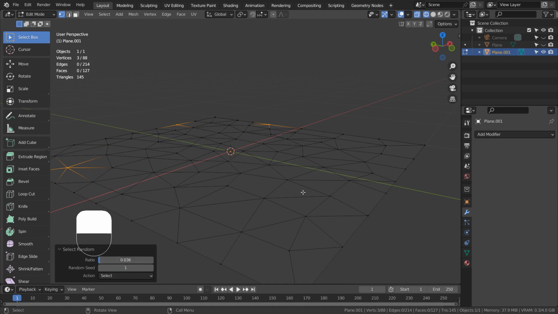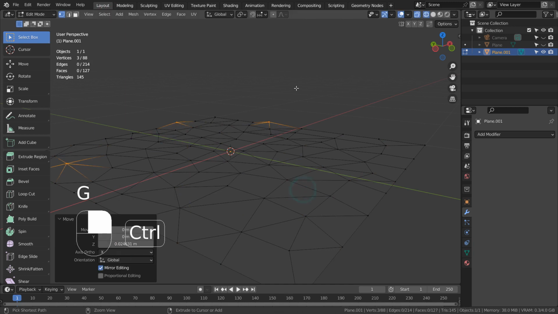Type G as in George, and Z as in zebra to bring the selected vertices upward.